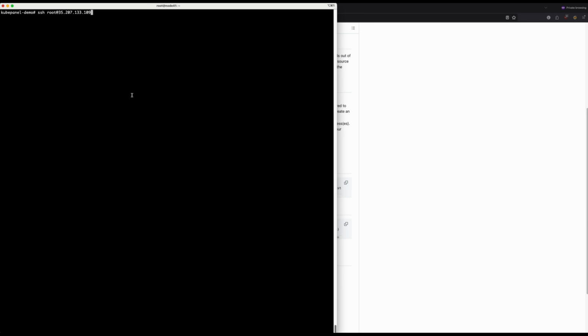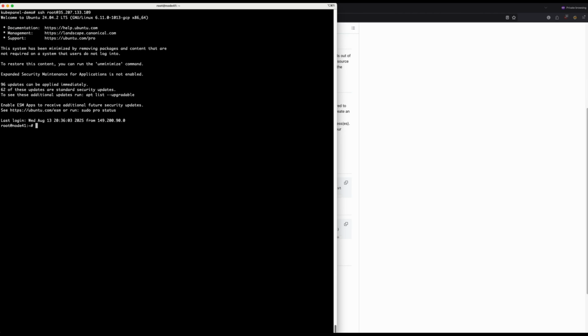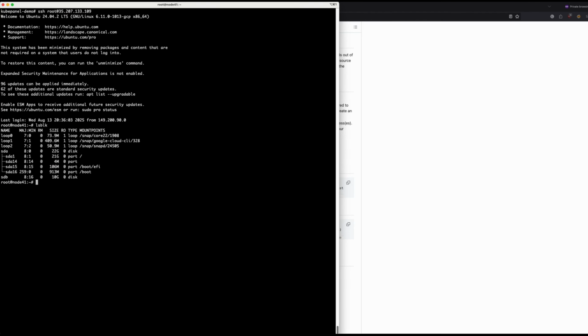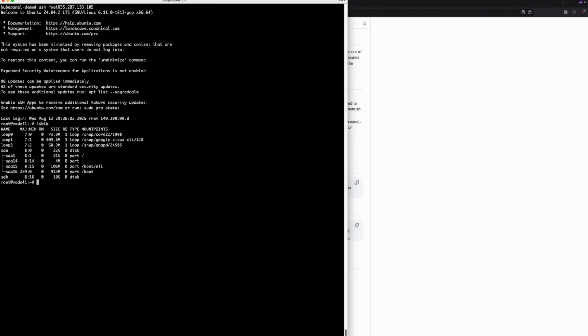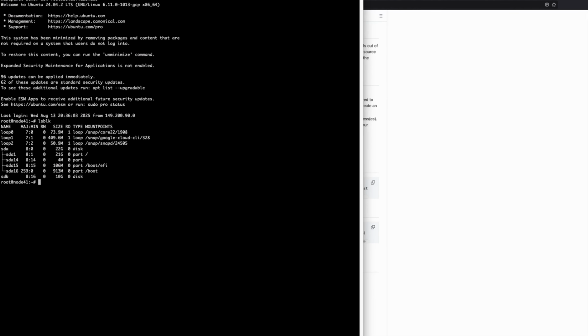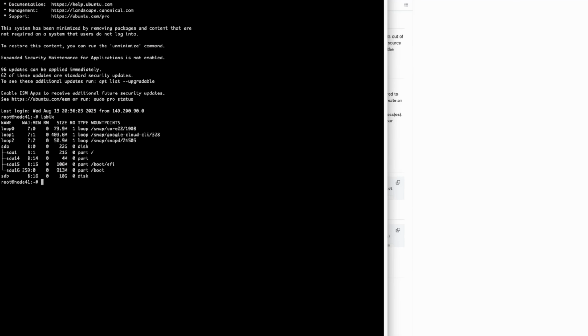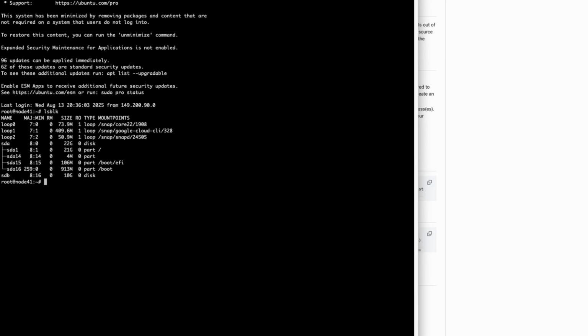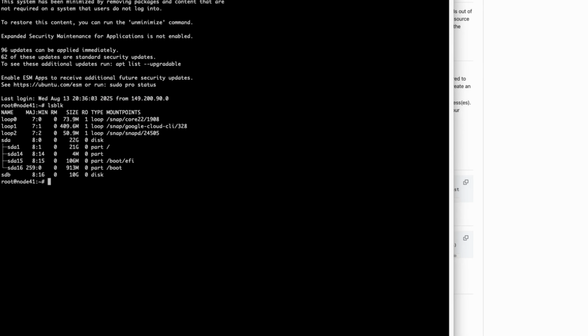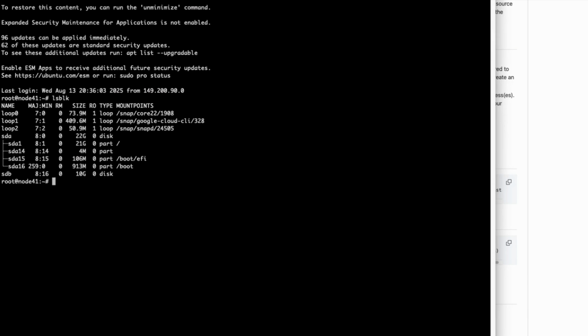I'm logging into the first server using SSH, and this is where we'll paste and run the Kubepanel install script. Before we do that, let's check one of the key prerequisites: storage. Each node in the cluster needs to have a dedicated block device attached as /dev/sdb. This device is required for backend storage, and storage replication will take place directly between these /dev/sdb devices